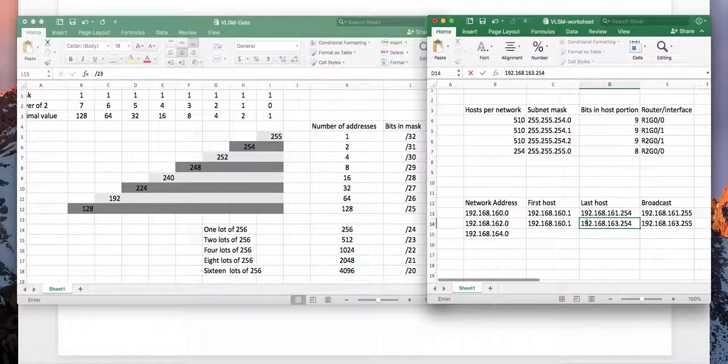Very good. Let's fill those in for the 3rd subnet. I know that my next subnetwork address will start with 166 in the 3rd octet. So I now got